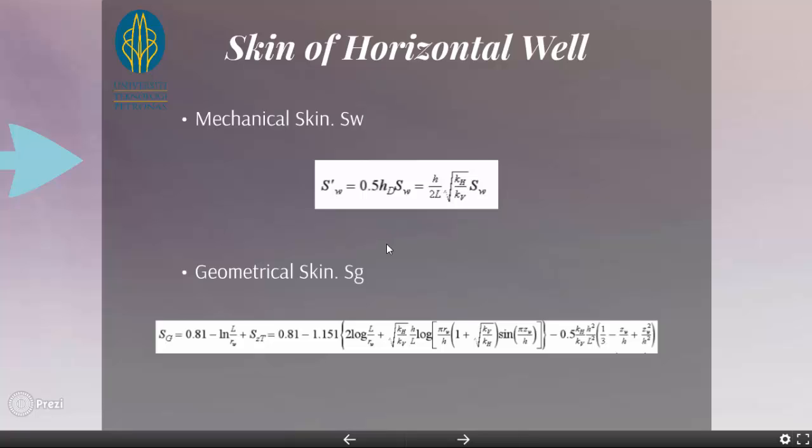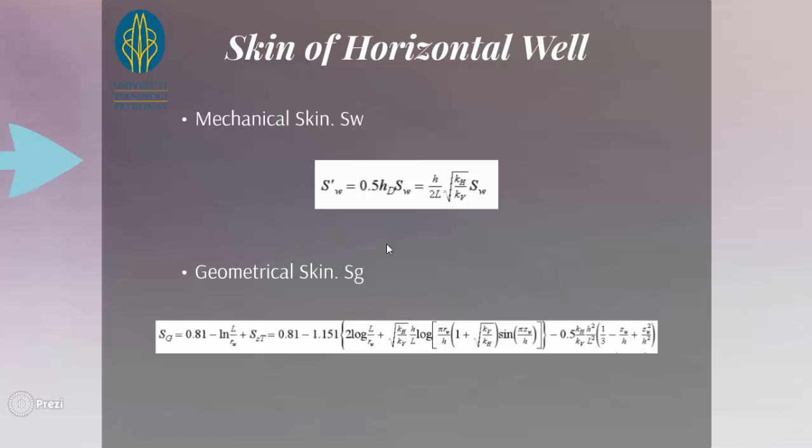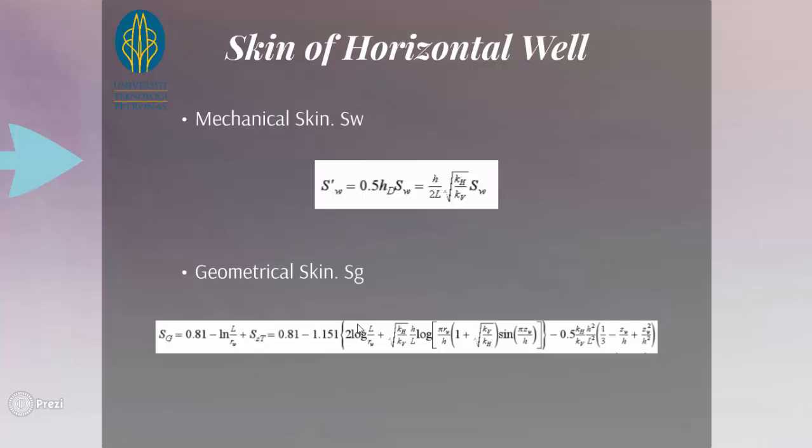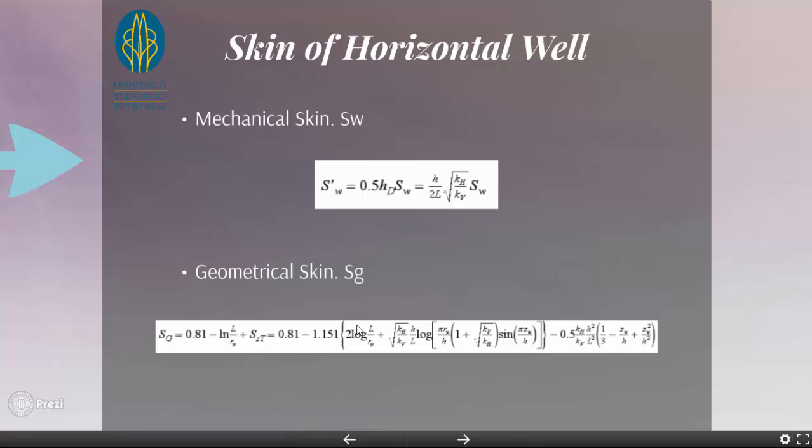As for the second type of skin, it is geometrical skin. Several hypotheses of permeability and anisotropy, where vertical permeability over horizontal permeability is considered, are assumed, with a constant formation thickness h over rw. When the vertical permeability is very large and is considered infinite, the partial penetration term s_z cancels out and the negative geometrical skin sg is a linear function of log L